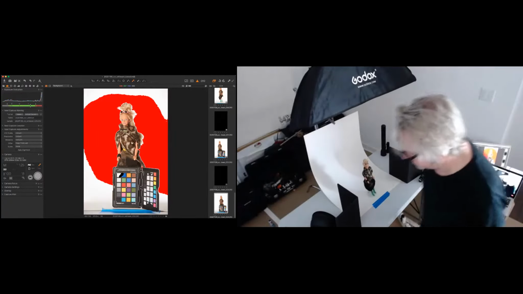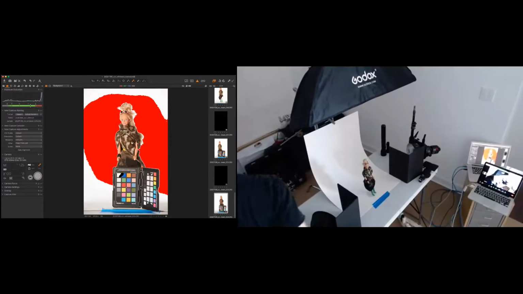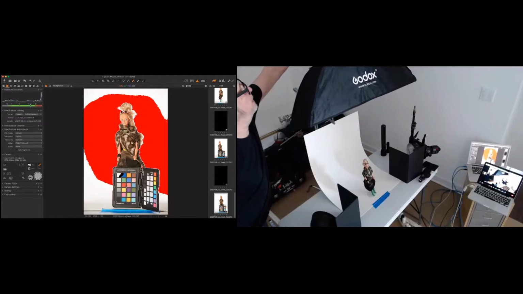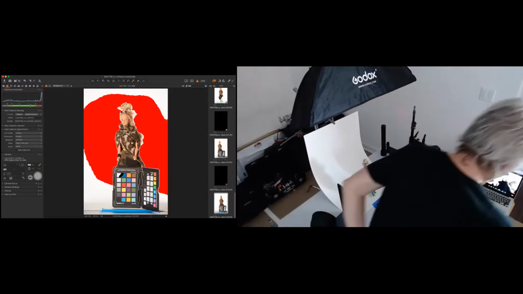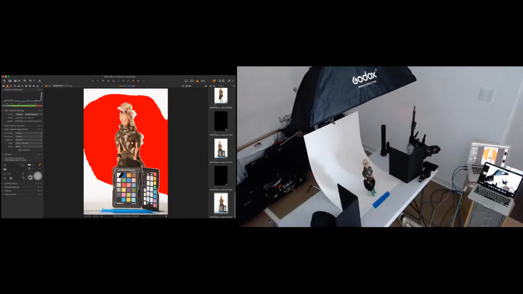And we're going to turn on the background light. So I can meter the background the same way I actually meter the floor the same way I metered the background. Let me see what kind of power I've got on it. Ooh, too much.